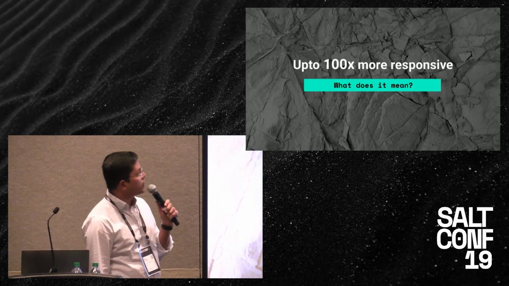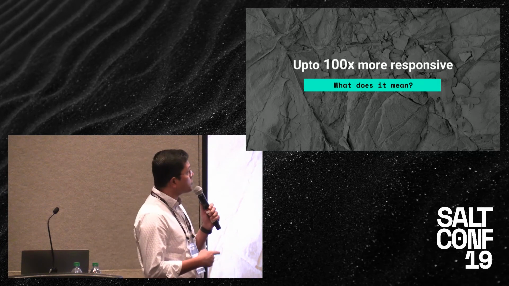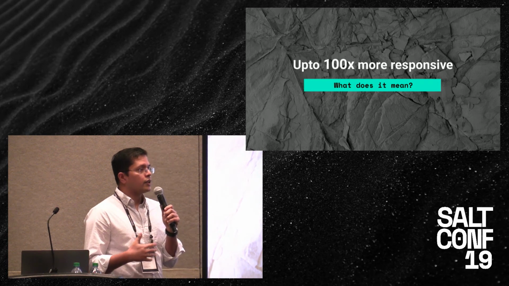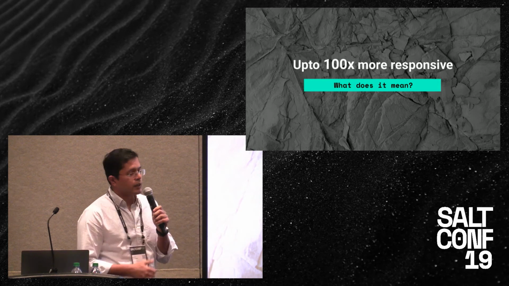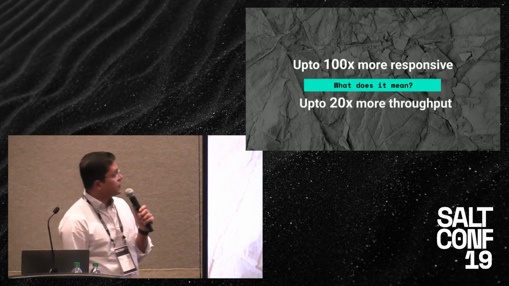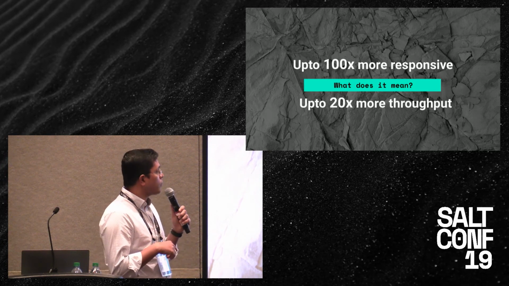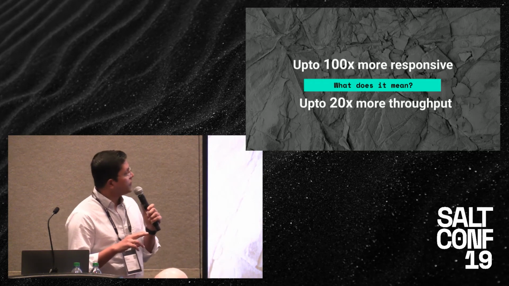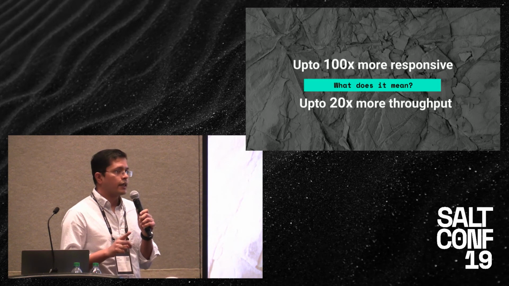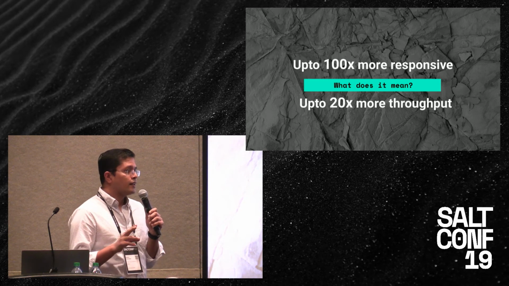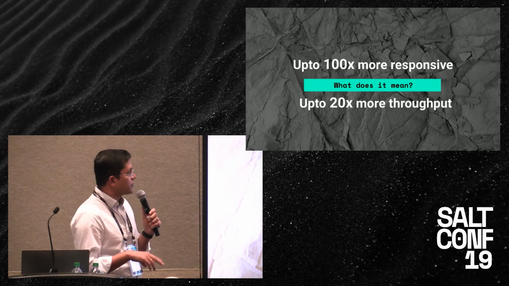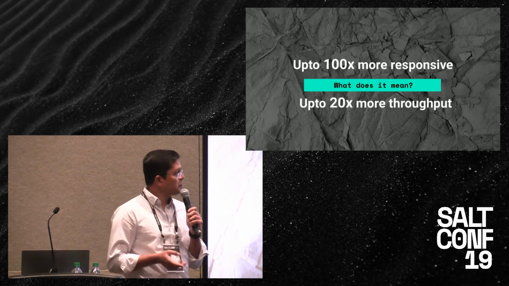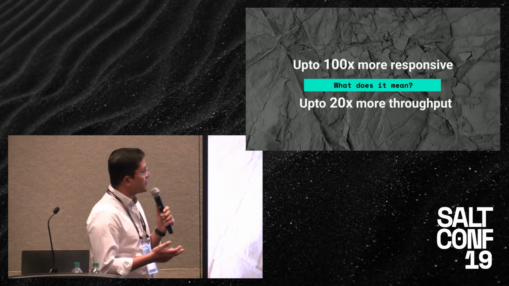So we ran some benchmarks. Salt masters are now 100x more responsive because of this change. So the master essentially never slows down, even though it's configured with SaltStack Enterprise. And our initial test suggests that this allows us to support 20x more throughput. So before we could do, I believe, 33 events per second, and now we can go all the way to 600 events per second in terms of processing. It's a massive change in terms of performance, and we believe customers are going to love it when they start to play around with it.